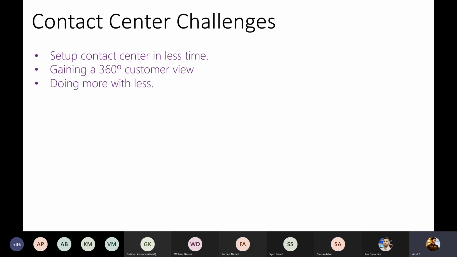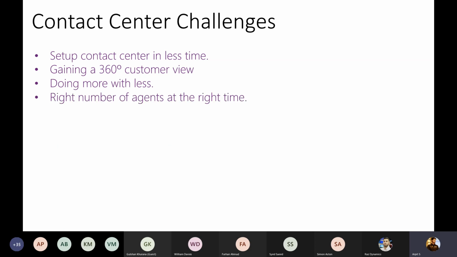The third thing that all contact center agents face while giving customer service is that they have to do a lot of things in a small amount of time, right? If they want to make their customer happy and give customer satisfaction, they have to be very prompt and provide quick answers in very little time. And obviously they have to deal with multiple customers at the same time as well.